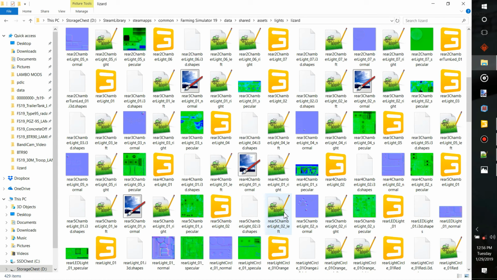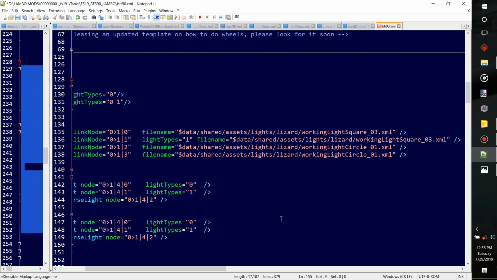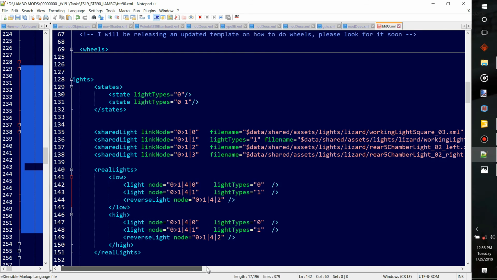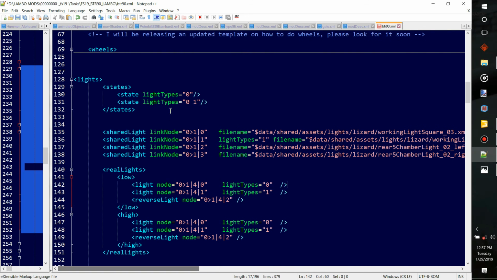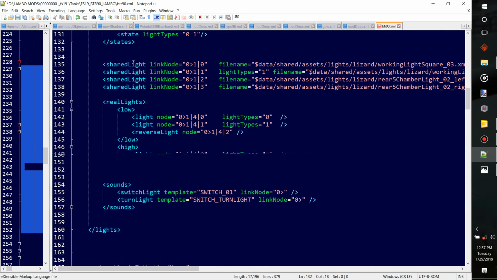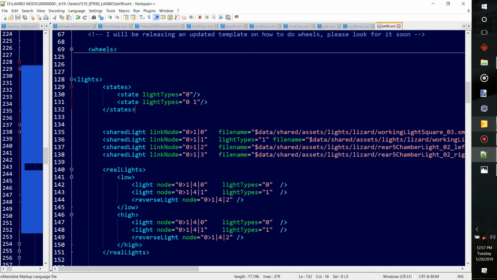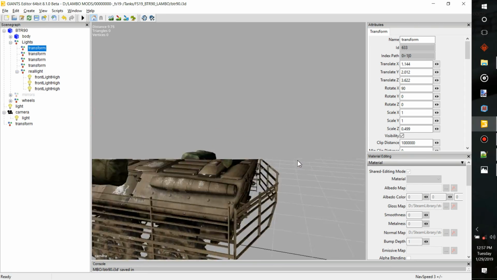Okay, so rear chamber light left. Copy that. And then we'll paste it in here. And that's our left one. And then you could go back and do the same thing again and copy it, or you could just write right. And now that is how you enter in some basic lights on this bad boy,